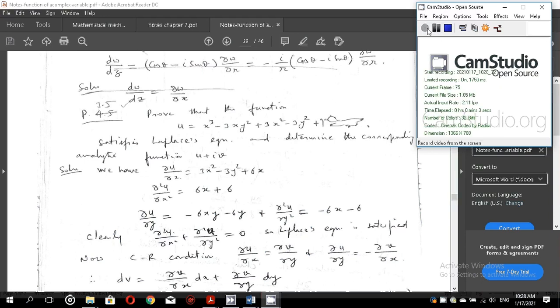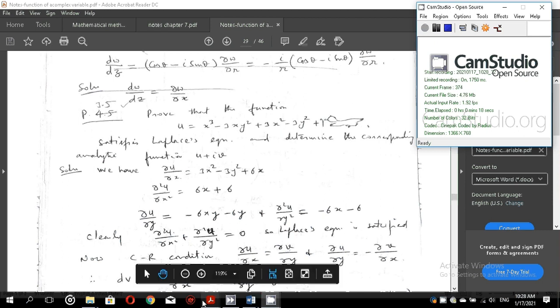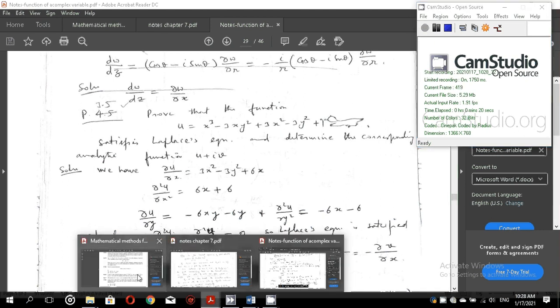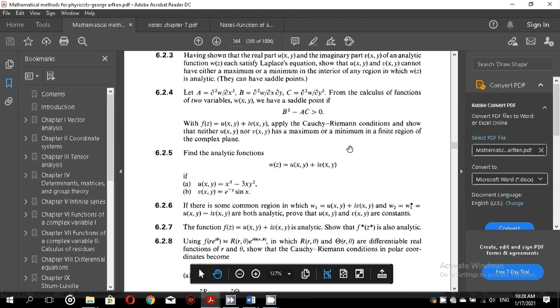Okay, my dear students, today let me solve some of the few selected exercises which I assigned you. Now this is the solution on this page of my notes. This is the solution of this particular exercise,